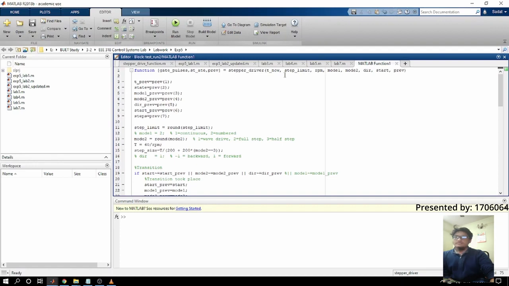These are the inputs that we are taking from the blocks, and here is the prev matrix, which is the feedback input. Here we are taking some values from the previous run of the function. For example, one is t prev, which is the time that the last step was taken. If we compare it to the present time, we can know when to take the next step. We are retrieving some important parameters